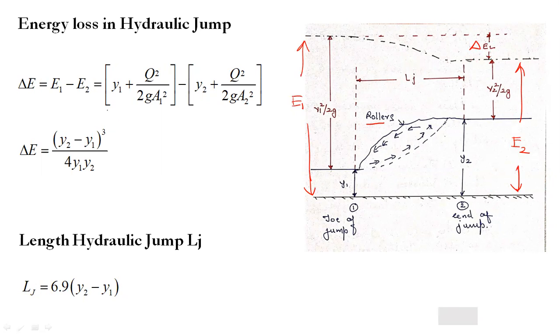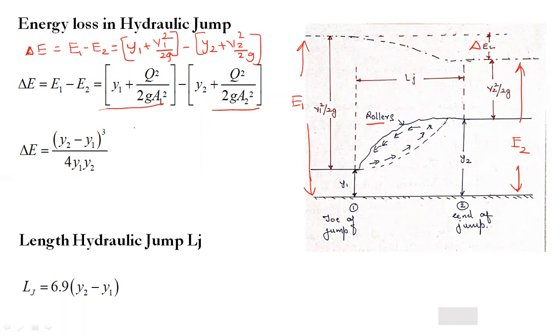So this loss of energy we can write as delta E equal to E1 minus E2, where E1 is the energy at section 1, y1 plus V1 squared by 2g, and energy at 2 is y2 plus V2 squared by 2g. Okay, so you can replace the velocities by the discharge, so you will get this expression,